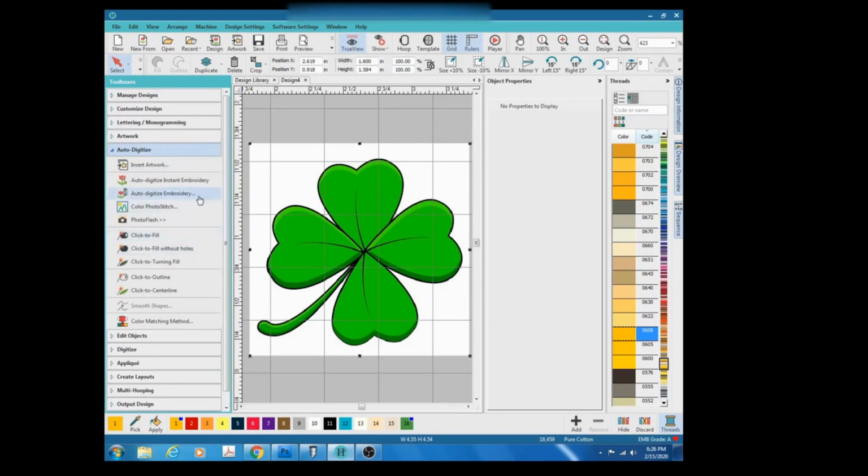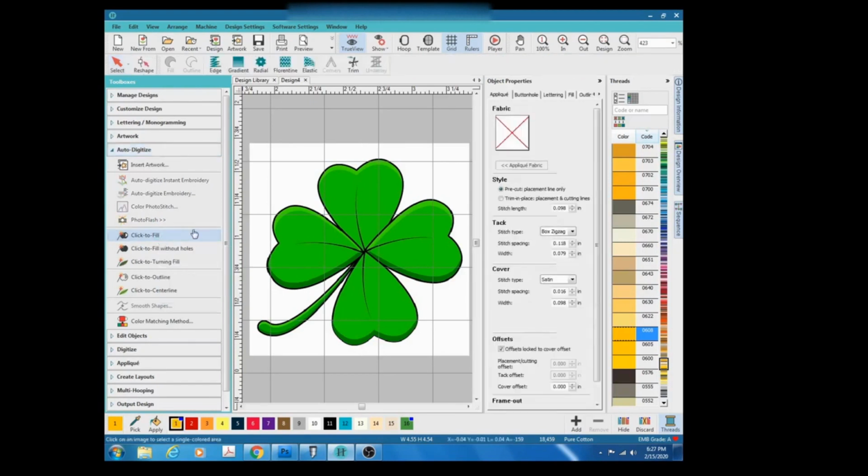Now, you can auto digitize it, but let me tell you, when I do any of these auto digitizing, it doesn't work out the way I want. I always have to go back and do a lot of changing. And it doesn't always put things in the order in which you would like to see, like say the outline or the thread direction, etc. So can it work for certain situations? Definitely. But for me, I'd rather go to the click to fill, because that gives me the option to control in so many ways how I want it to look. All right, so with the click to fill,